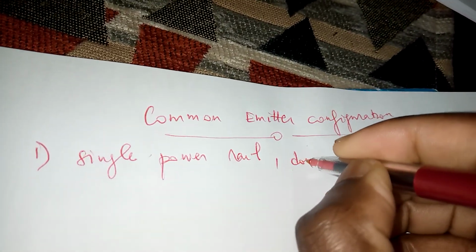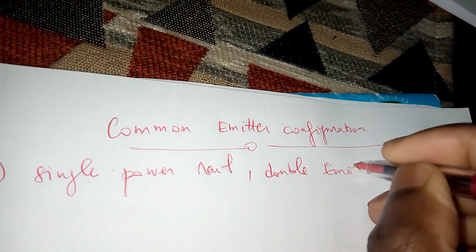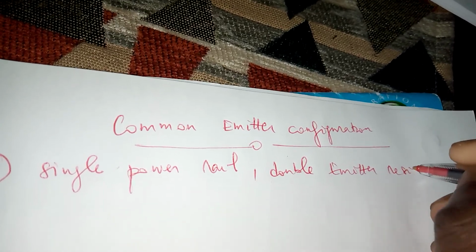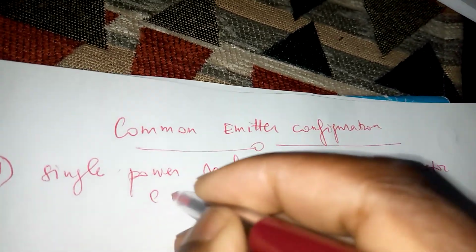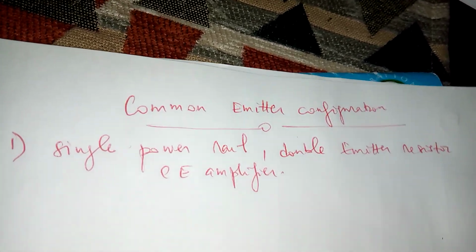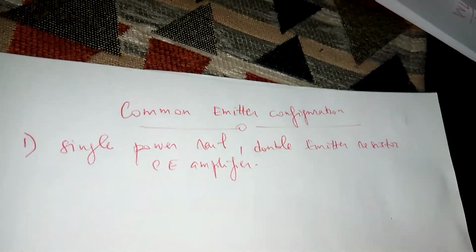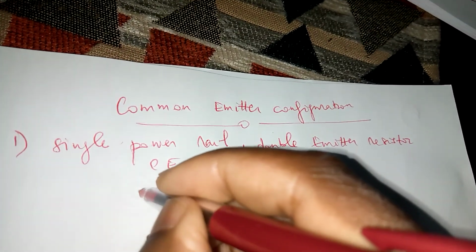double emitter resistor, common emitter amplifier. Single power rail means there's only one DC power source in here. So we've got VCC,